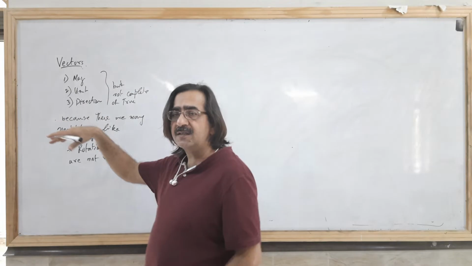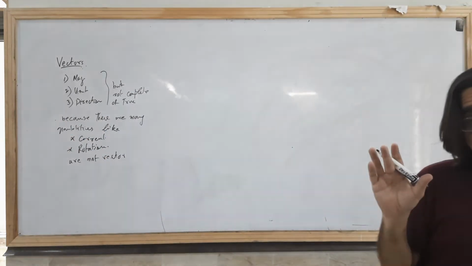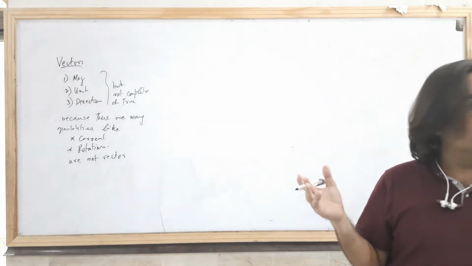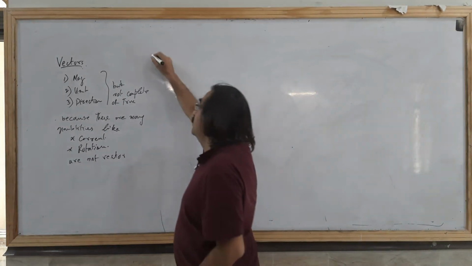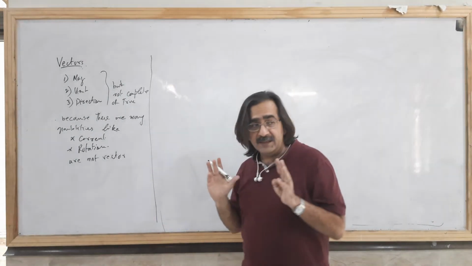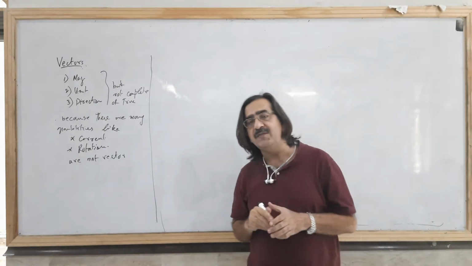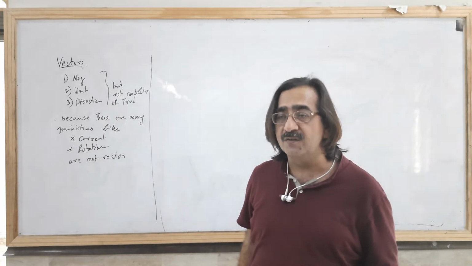But what are vectors? Vectors are the quantities which obey the properties of a vector space. They must form an abelian group under addition, etc. But in the sense of rotation or transformation, what is a vector? We have discussed in the previous lectures what a vector is in the form of transformation.